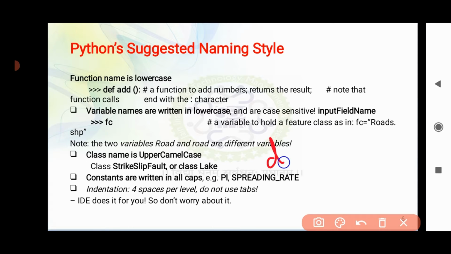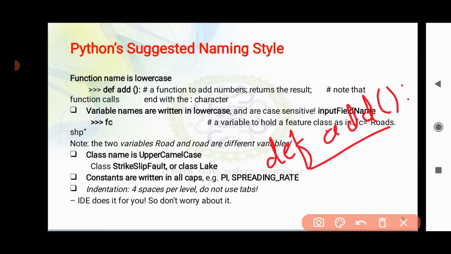I'll write def, that is for define, and every function in Python is defined with the def keyword. Then def add is my function name, and as every function is given with parentheses in every language, so in Python as well, and after that we have to use a colon. So this is how every function is to be written in Python. Even when you write an if else statement, you have to write it. This is what it is for a function.